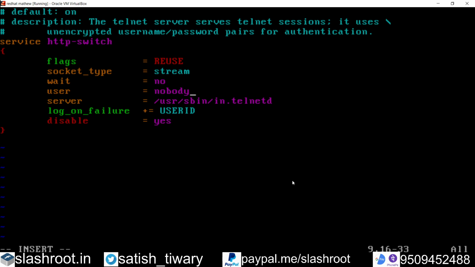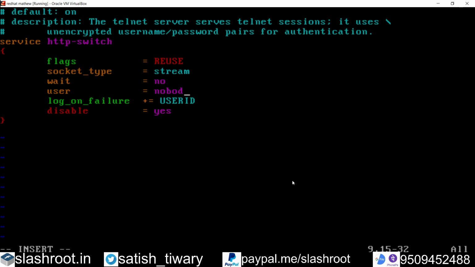Okay, nobody. Now server, no, we don't need this one, so we are going to remove this line. Okay, log failure, user id, good. Disable is equal to no, we need this one, so make disable equal to no. Now what is remaining?